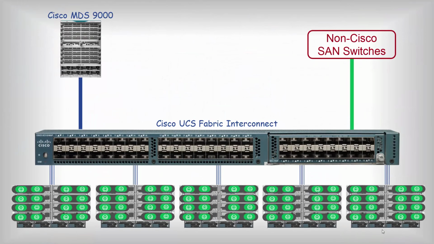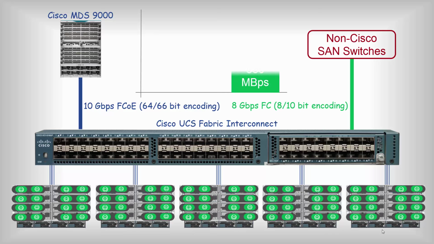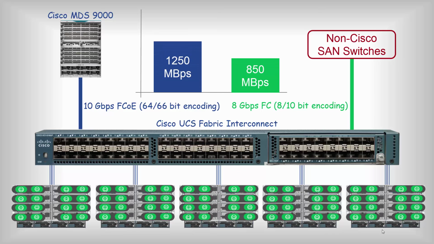The next merit is enhanced performance. Cisco UCS 6200 series Fabric Interconnects can be connected to Cisco MDS switches using 10 Gbps FCoE uplinks in addition to 8 Gbps Fibre Channel links. What most people do not realize is that 10 Gbps FCoE provides 50% more data rate compared to 8 Gbps Fibre Channel. This is because of the